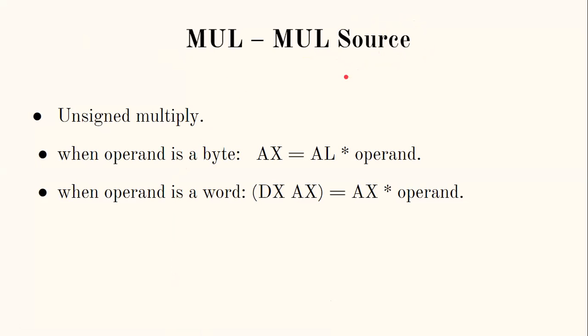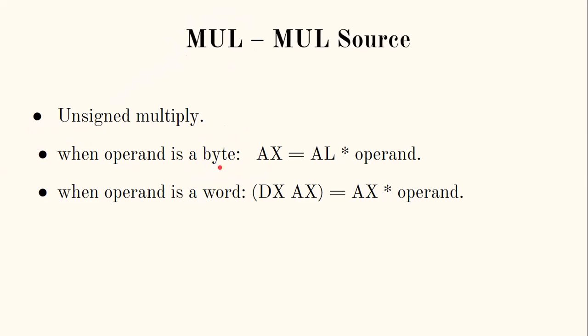Now, as we know, if we want to perform the multiplication operation, we require two operands. But in this instruction, we are specifying only one operand directly, and the second operand is by default present in a specified register. Let's see which is that default register. So this multiply instruction is for performing the unsigned multiply. That means we can multiply two numbers which are unsigned,